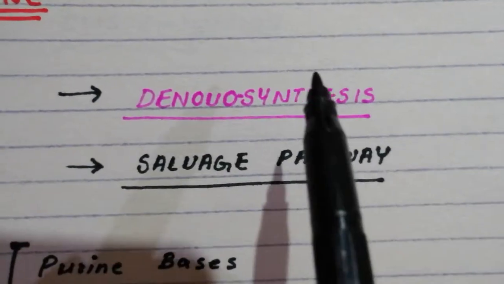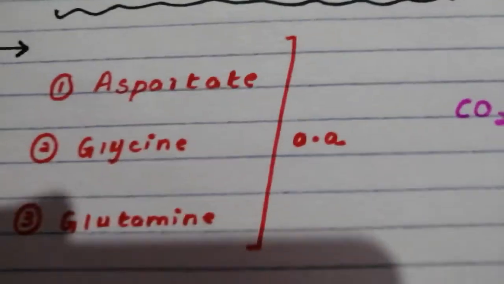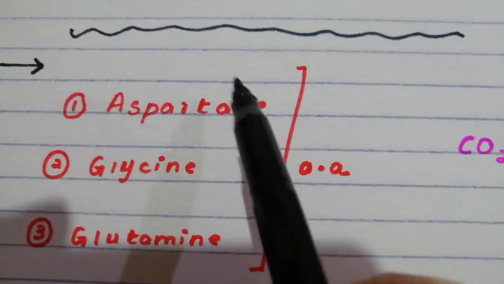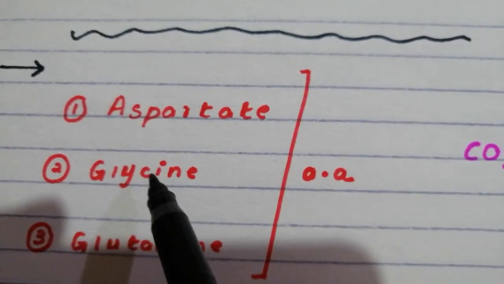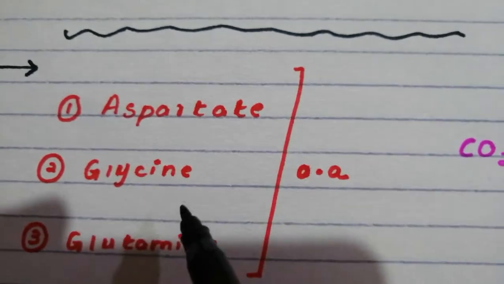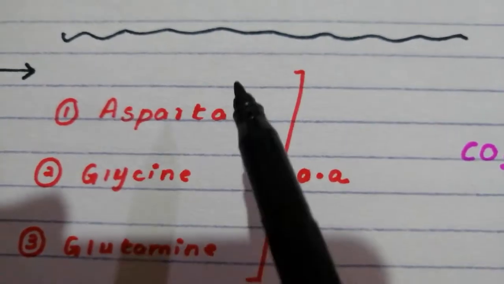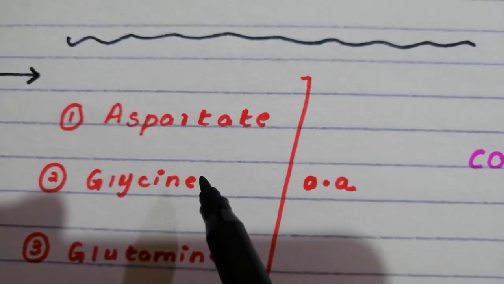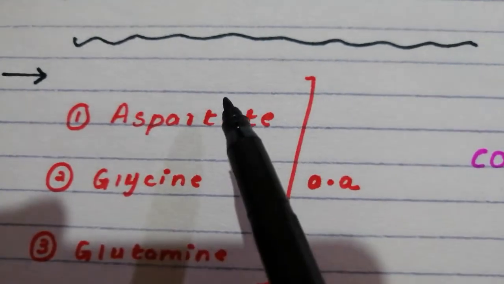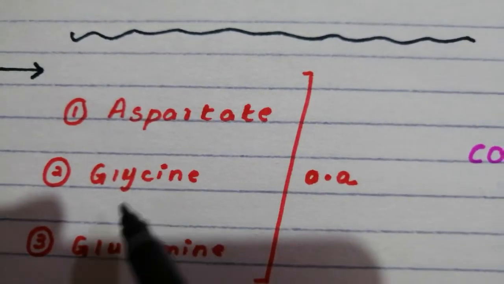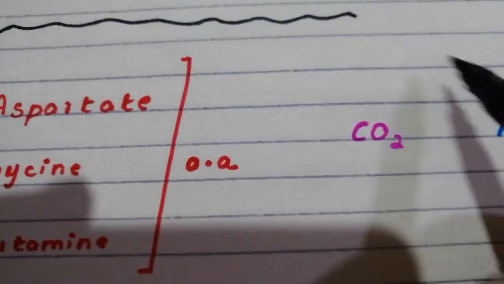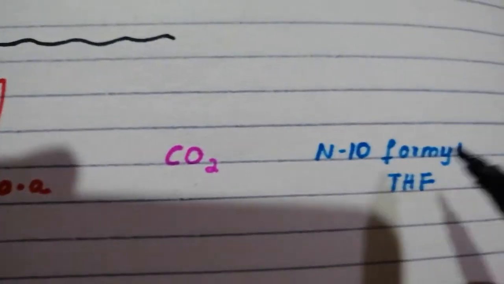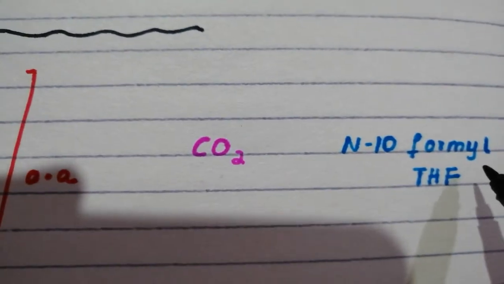And what are the things that we need for that? We need the integration of 3 amino acids. We need aspartate, we need glycine, and we need glutamine. So first of all, you need to remember that for this de novo synthesis, you need 3 amino acids: aspartate, glycine, and glutamine. You will also need CO2 because there will be an important carboxylation in one particular step, and you will also need N10-formyl THF